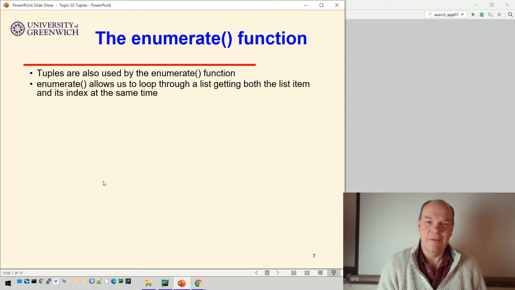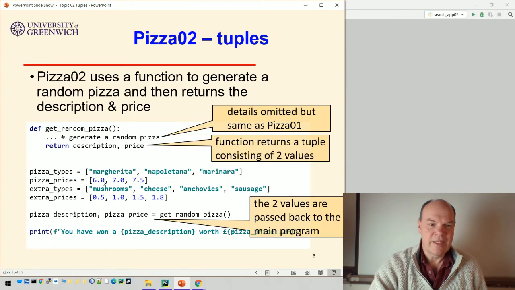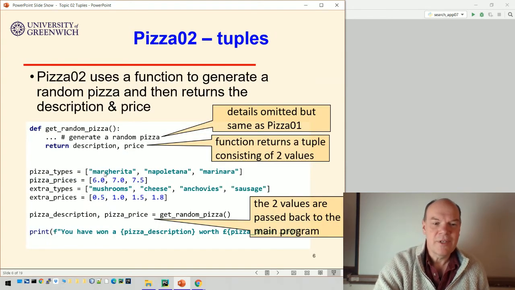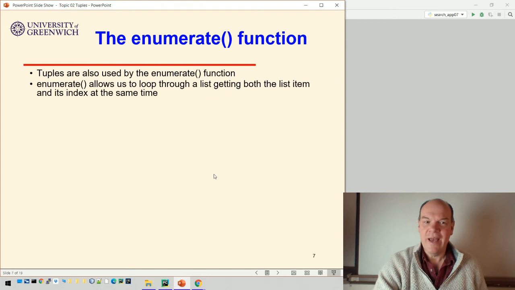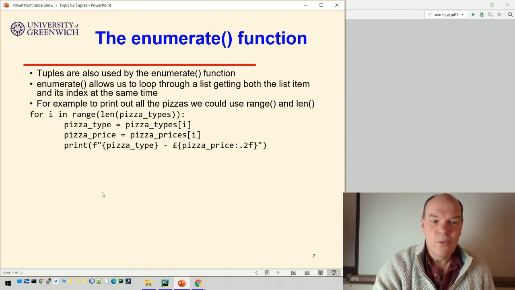So if we're looping through the pizzas, just going back to that picture on the previous slide, the pizza margarita, napolitana, marinara. First one is index 0, the next one is index 1, the next one is index 2. Okay, so it's quite useful sometimes to have that information at the same time as having the value. And what we would do